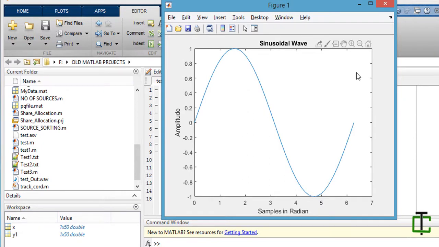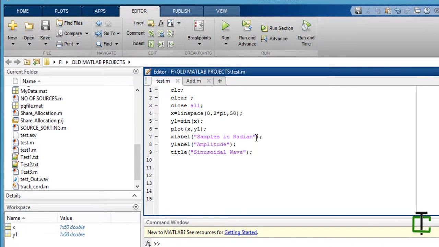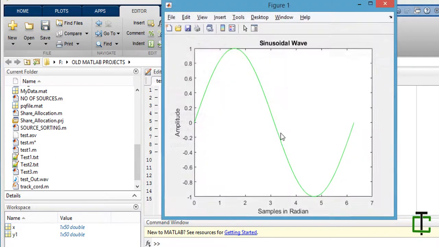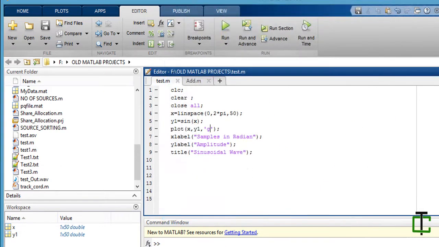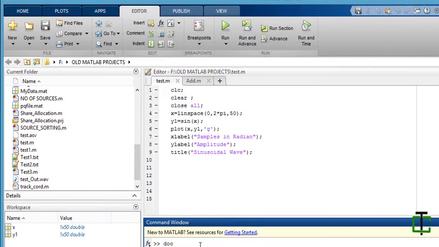Now I want this color to be changed. Let's say I want my plot color to be green, so place a G. Now it's looking green. So now go to doc plot here.